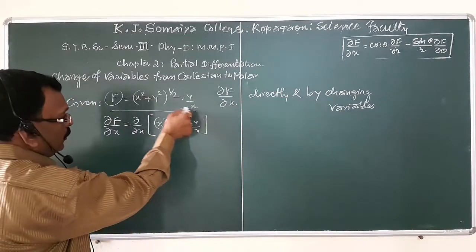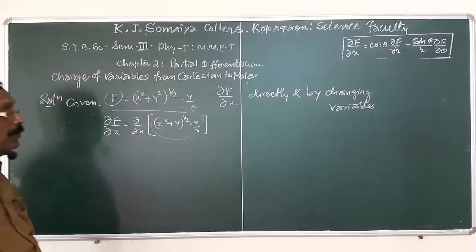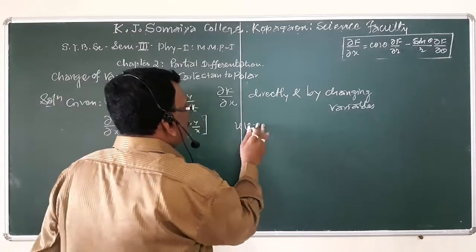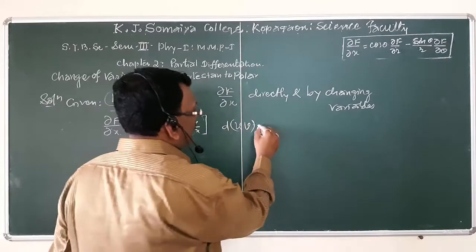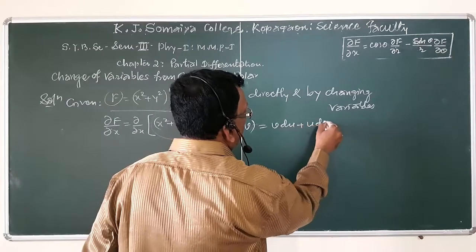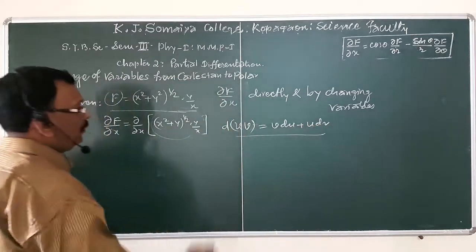Now, in order to solve this, differentiate this term, use the UV rule. What is the UV rule? Differentiation of uv is v du plus u dv. Okay. According to this relation,